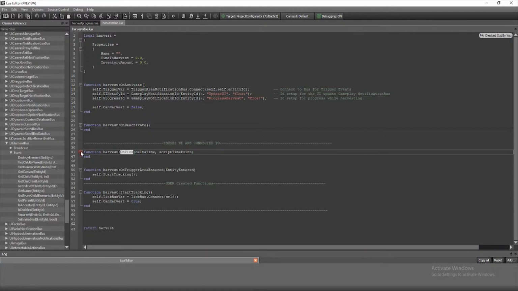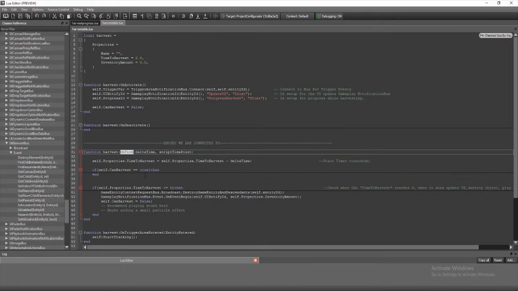And inside of that, that's where the meat is. So the time to harvest, which is the variable that we set up here, is going to basically represent the seconds that it takes to harvest that item. It's also going to coincide with the value that the harvest bar is set at. So of course, in Lua, to subtract a variable from itself, you need to do, in our case, time.harvest equals time.harvest minus delta time. It's going to start subtracting each frame, or each second rather. After we've done that,